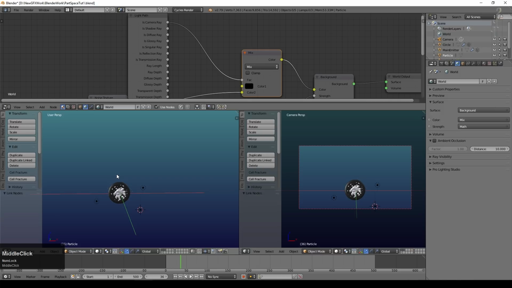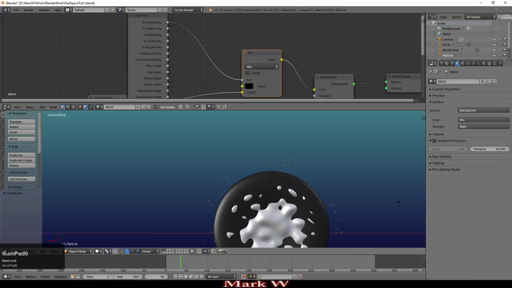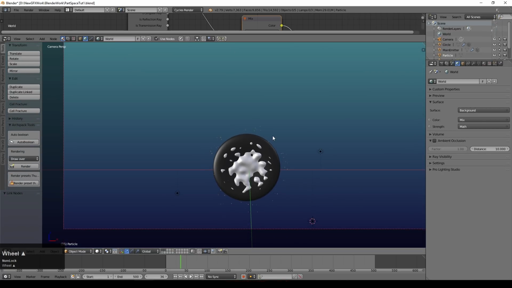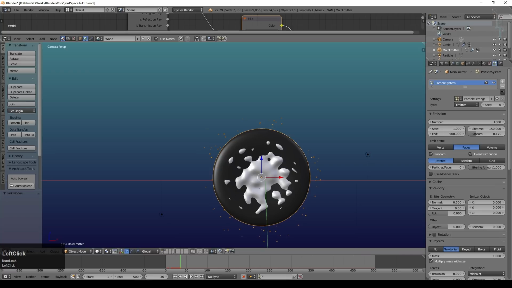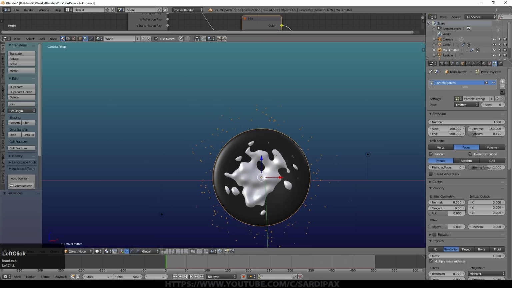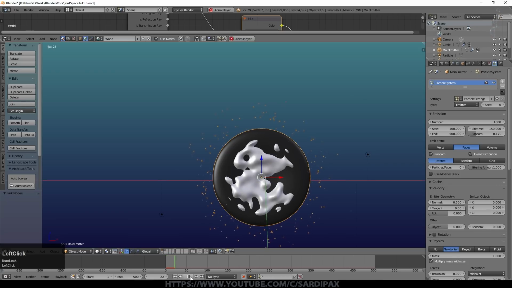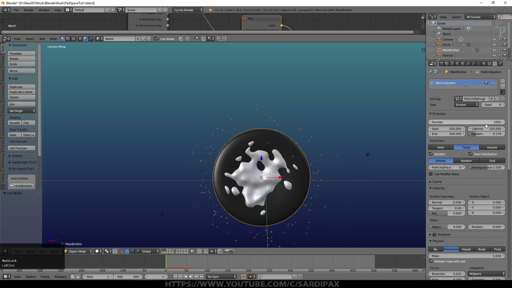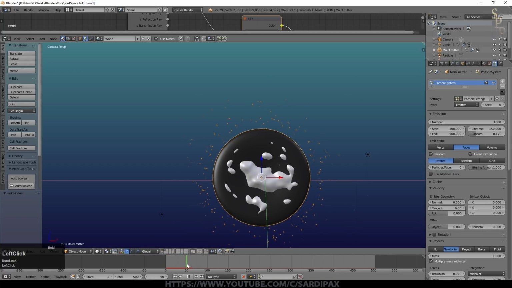One last little thing about the particles. I wanted my particles to be emitting right the way from the beginning of the animation. Now obviously you can just start rendering a bit further in, but what you can also do is start your particles before the animation starts. So I actually set the start number to -100. We'll need to just tweak this up here a little bit. Go to the beginning, and already you can see we've got a ring of particles, and they carry on emitting as we go. So that's a quick way just to make sure that you've got the particles there already, rather than having to wait before you start rendering. So starting rendering at say frame 50 or something, I've already got them visible there.